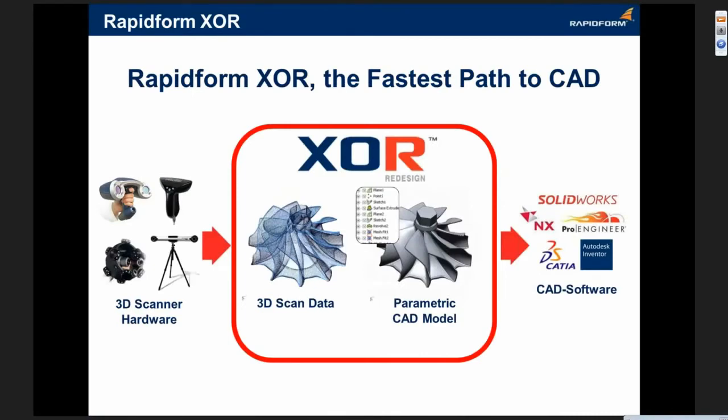So our main product is Rapidform XOR and Rapidform XOE. This is Rapidform XOR, the fastest path to CAD. We actually use any point cloud data which can be captured using 3D scanner hardware or 3D probing hardware. And we use that 3D scan data to generate parametric CAD models using a CAD-like approach and using several wizards to simplify the modeling strategy. And then we can output the native CAD file using a live transfer process,